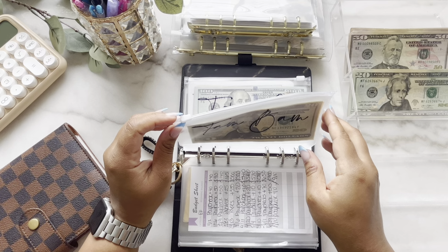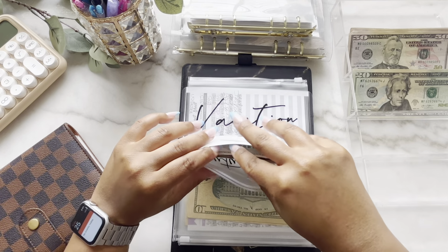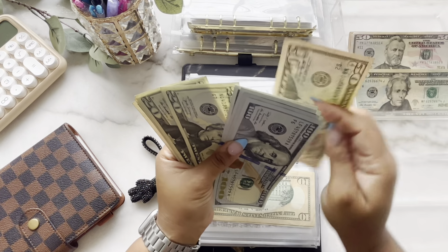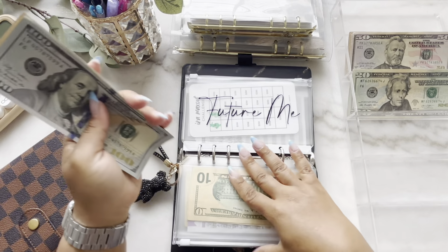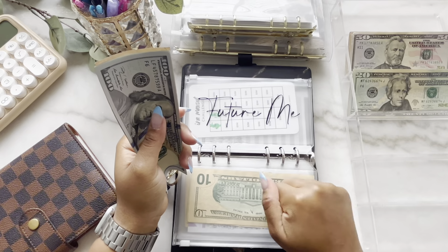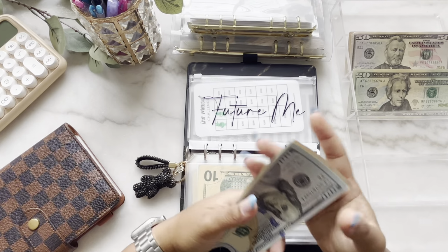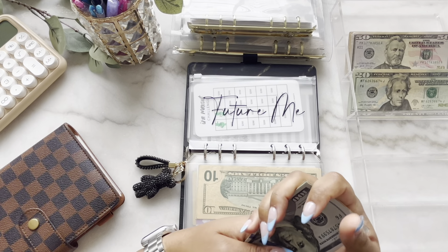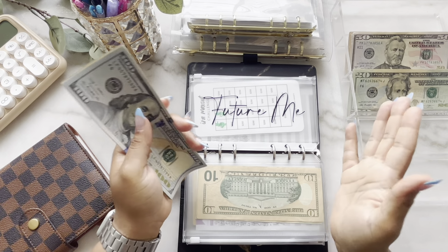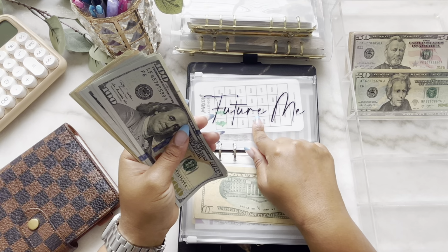Next is for future me. And future me is going to get 50 as well. I'm stuffing, like I said, just my priority envelopes. Not saying that my family time envelope isn't a priority, because it is, but I just know that we don't have anything coming up in the next couple weeks that we're going to be doing because we're so focused on packing and this move that's not what we're doing. So I'm just going to go ahead and skip forward to future me,